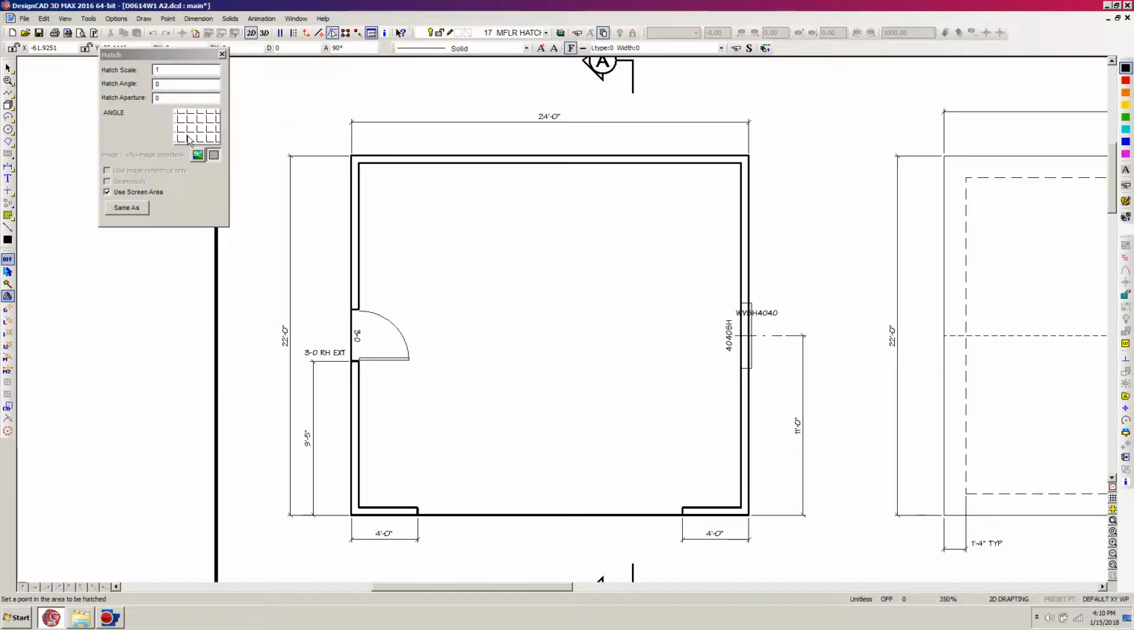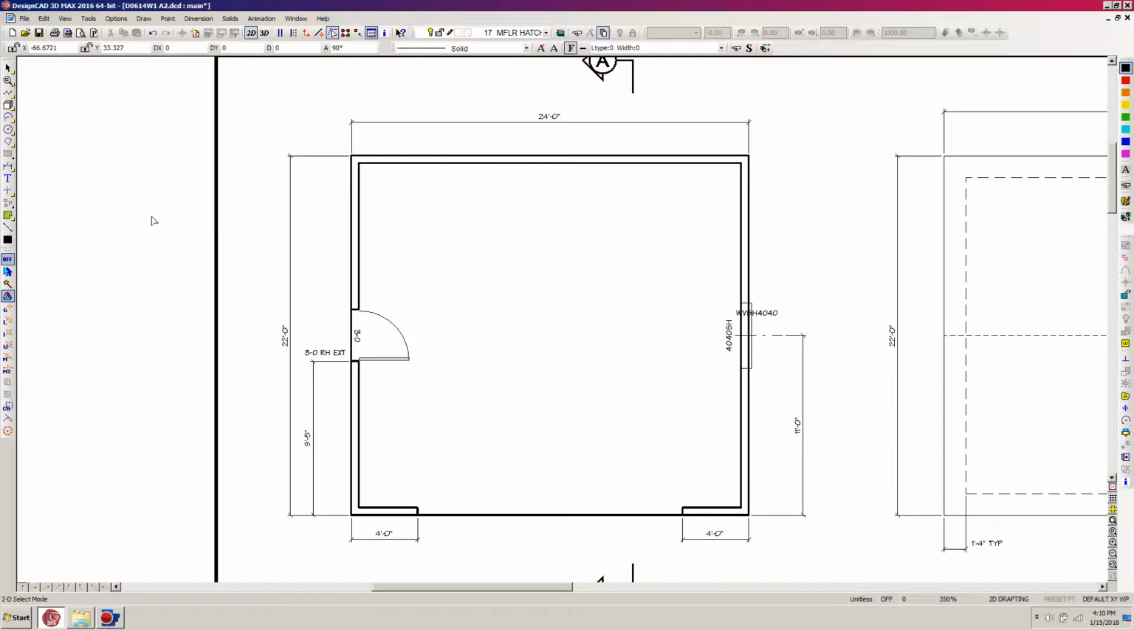Now this gives me a particular type of hatch, and right now it shows what is currently the default scale of the hatch and the angle of the hatch and that sort of thing. You can also see it has a same as box here. So I'm going to hit escape real quick, because in my drawings, what I do is,